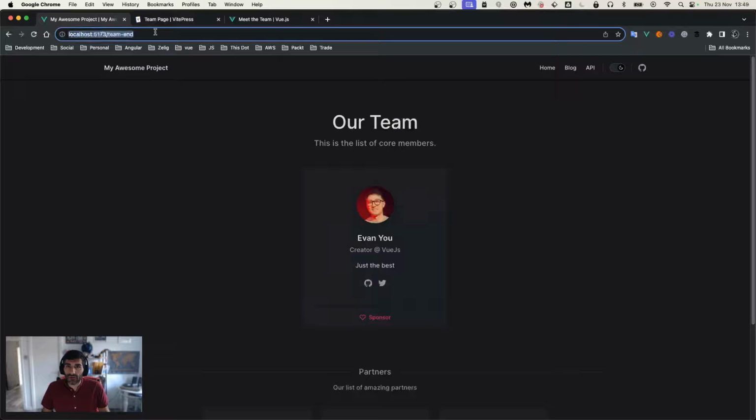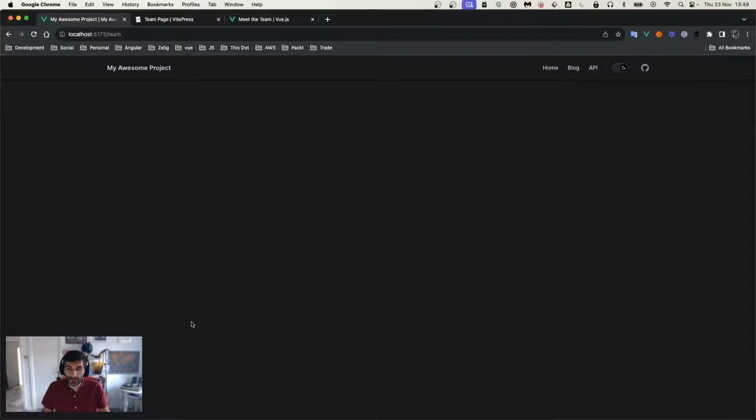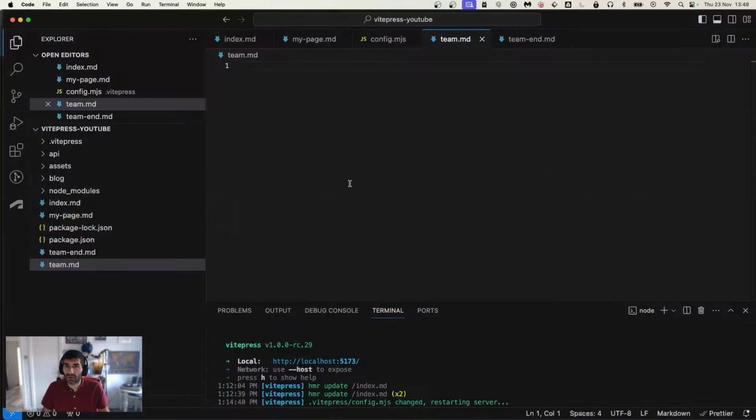First, I created a page called theme. As you see, the page is completely empty currently. If we go back to our code, you see that I have a theme.markdown file that is an empty file. When you create a custom page,